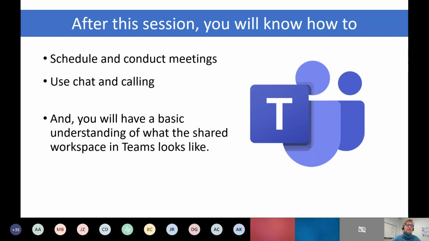I do encourage you to try things. Since we're meeting in Teams, you have access to the Teams environment during the meeting, and you should be able to follow along with most of the things that we demo. If you accidentally cut yourself off during the meeting, and I've done that myself, you can join by going back to the calendar area in Teams, finding this meeting, and clicking the join button.